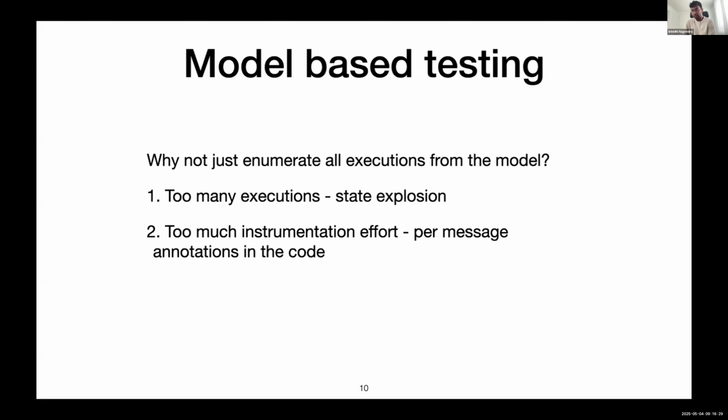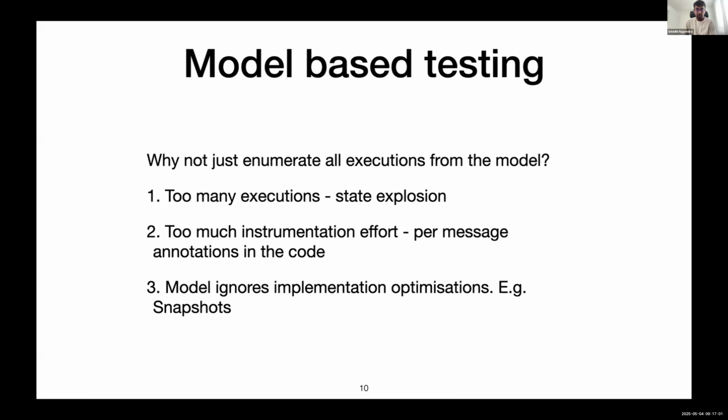More than that, even if you have a way to enumerate all possible executions, it's a lot of effort to be able to run an execution that was generated. You need to instrument the particular implementation and be able to control exactly when a message is delivered, which part of code runs. And in Mocket, they do this by annotating parts of code and controlling which parts of code are running or not.